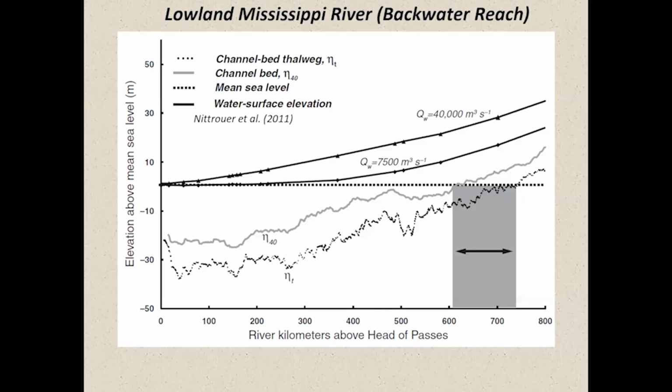This is a paper just talking about the backwater reach of the Mississippi, a fluvial term that simply says, you know, during low discharge, we have this concave water surface elevation slope. This is a low discharge in the Mississippi River. And what we're seeing is the influence of the ocean affecting the unidirectional transport of the river, slowing, and in lower reaches, we start to see tidal and estuarine processes as well. At higher discharges, this kind of thing is reduced. The water surface elevation is more controlled by the river. And that's very important from a standpoint of the flux of particularly sediment and any carbon that's associated with the